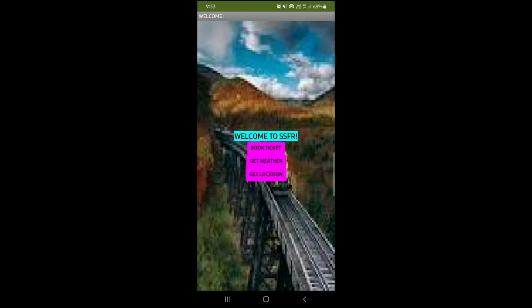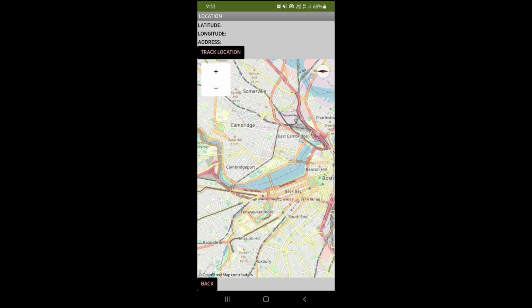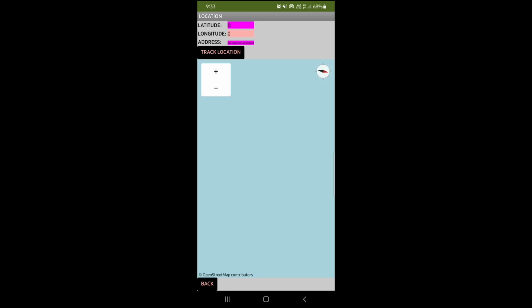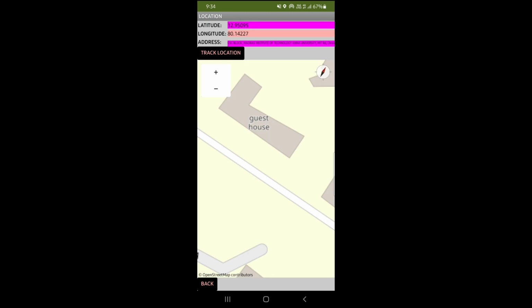Now let us see the location page by clicking on get location. Here the latitude, longitude and address will be shown. When I click on track location, the latitude and longitude will be fetched based on our current location. It will take a few seconds. Now the location has been tracked, and the latitude and longitude values and the address have been shown